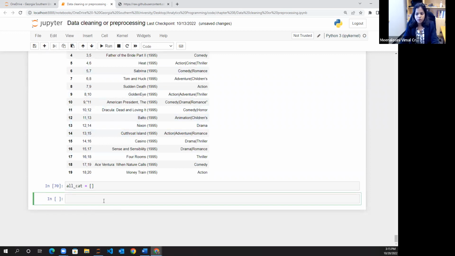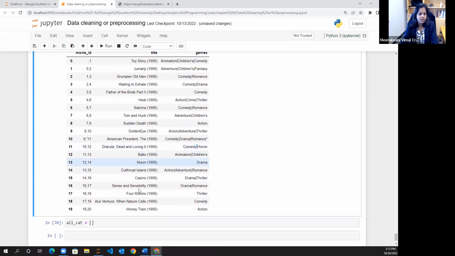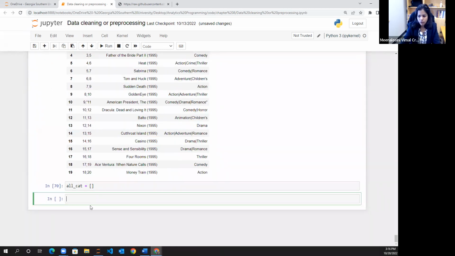Okay, so to iterate through the movies in each file, in each column, you have to split the category, which is separated. You can see how it is separated. It is separated by this. You can see this dash, right? This vertical dash, it is separated. So now we are going to iterate through this, for x in movies dot